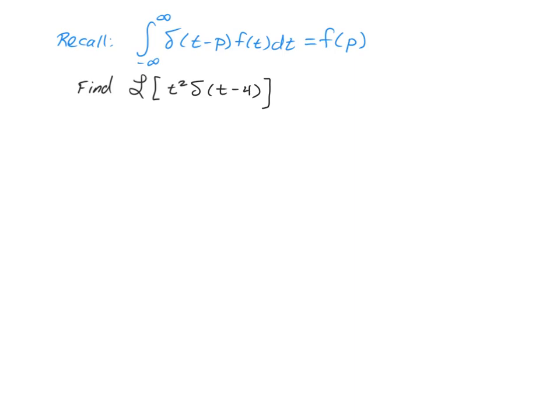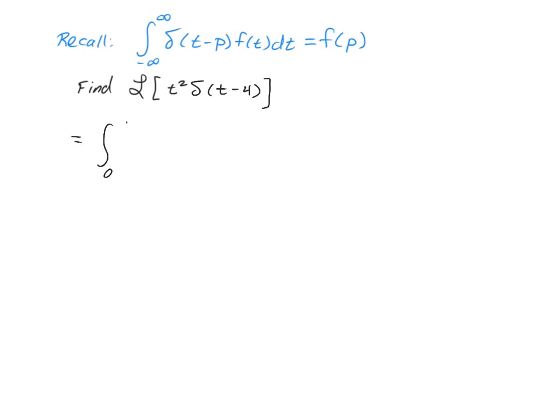Okay, in this example, we're going to find the Laplace transform of t squared times the delta function at t minus 4. And to do these problems, we need to go back to the definition of the Laplace transform from the first section of this chapter to actually do this problem. So going back to that definition, remember we've got the integral